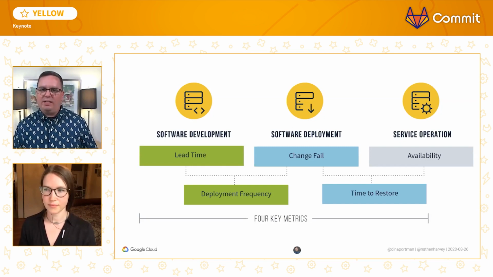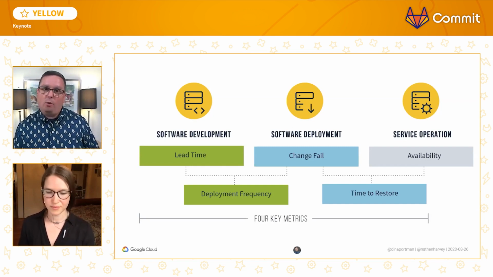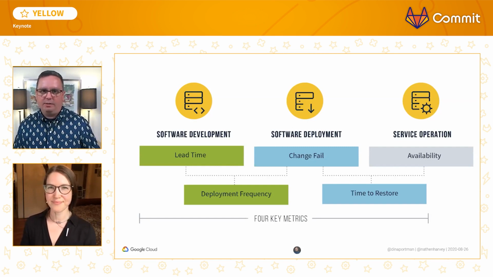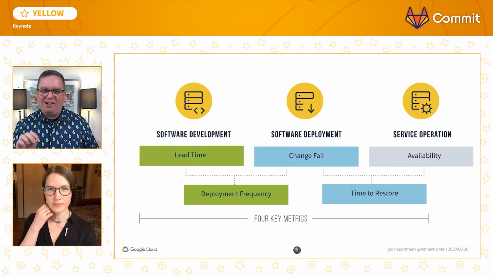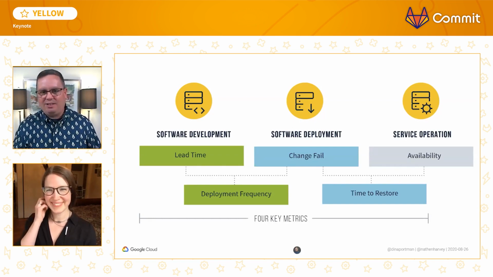Look, there are always going to be incidents and outages. How quickly we can recover from them is an important metric when we think about our organization's software delivery and operations performance. They've also done some research into availability, but that's an SRE talk, maybe for another time. We're going to focus on these 4 key metrics today.